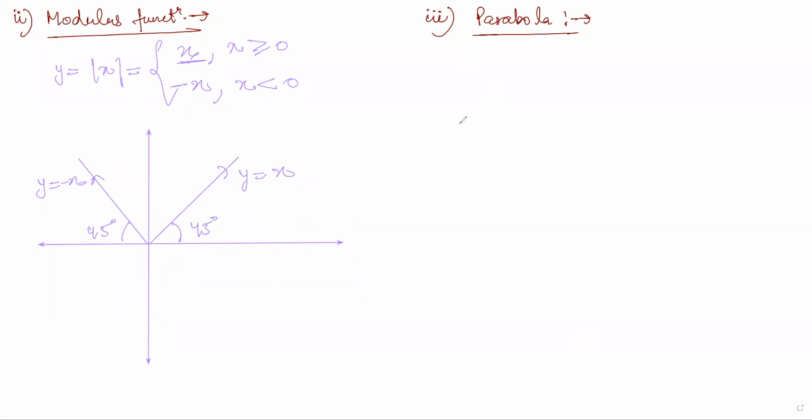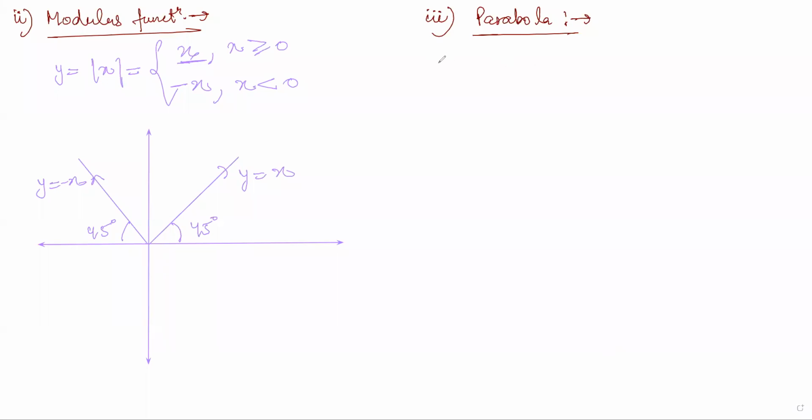How do we know the graph is a parabola? This is very basic, I will tell you a basic shortcut for all of them. Any function or equation represents a parabola only if one variable is in quadratic form and the other variable is in linear form. For example,